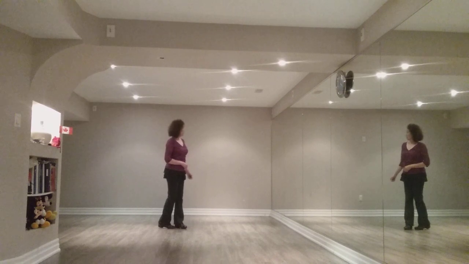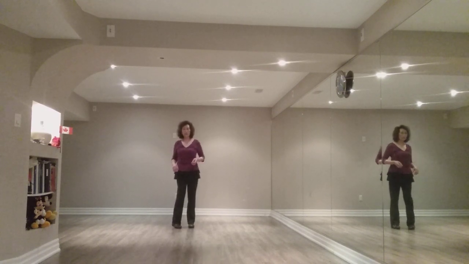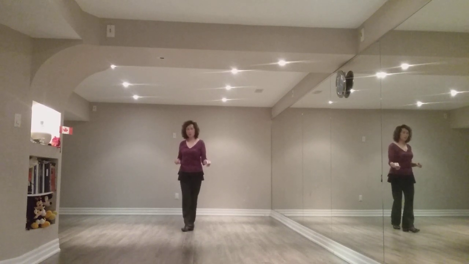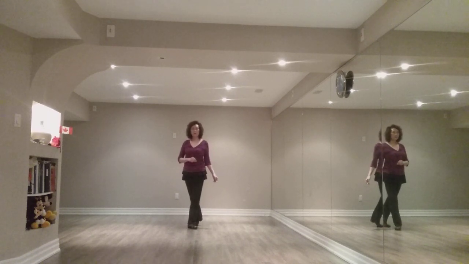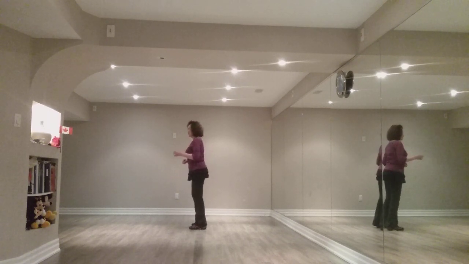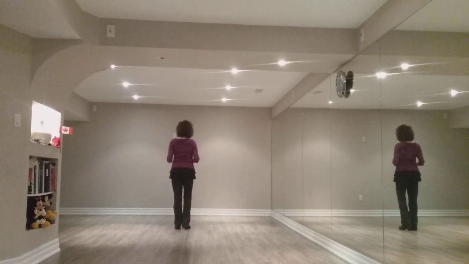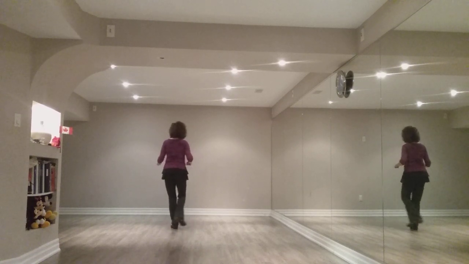Wall 4 starts facing the 9 o'clock wall, ends facing the 12 o'clock wall. Again, 4-count tag, rocking chair. 1, 2, 3, 4. Wall 6 starts facing the 3 o'clock wall, ends facing the back wall, and you do your tag again. 1, 2, 3,